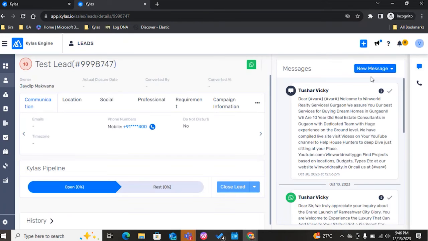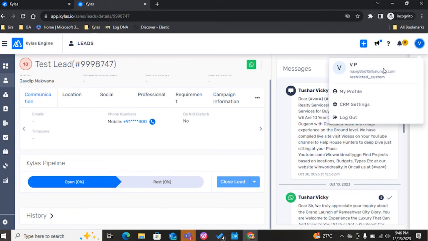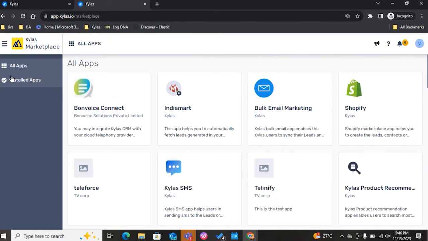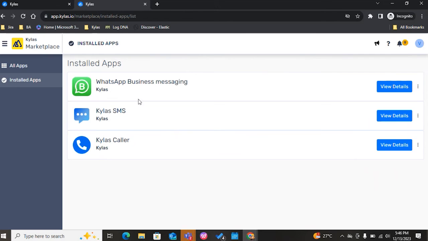So we have already covered the phone number masking not only in the core Kylas application, but the marketplace application as well that you are using to communicate with your customers. If you can see, this is the restricted user. Let's visit the marketplace as well. So I will go to marketplace. I have installed three applications, the most used applications for communication purposes, that is WhatsApp, SMS, and caller application. Right? If I open a caller application,